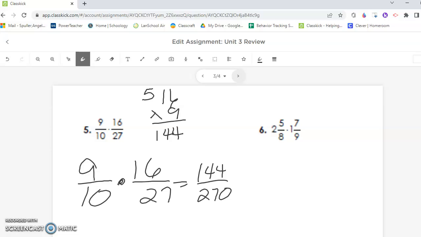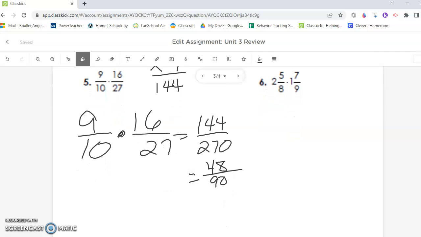I'm going to take and divide by 3. 144 divided by 3. Well, then 3 goes into 14 4 times. It gives me 48 over 90. I could simplify it down some more, and I think I could divide them both by 6. 48 divided by 6 is 8. 6 goes into 90 15 times, so 8/15. Okay, go ahead and try number 6 yourself and then come back and see if you